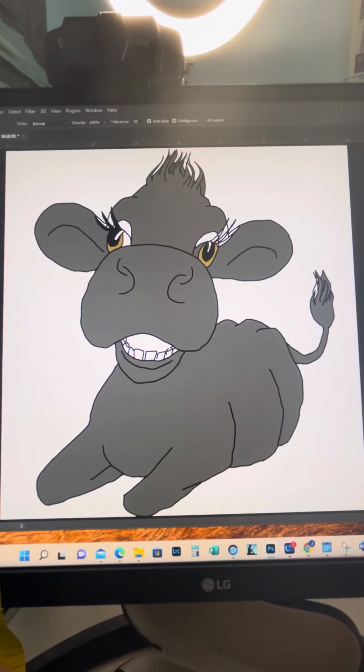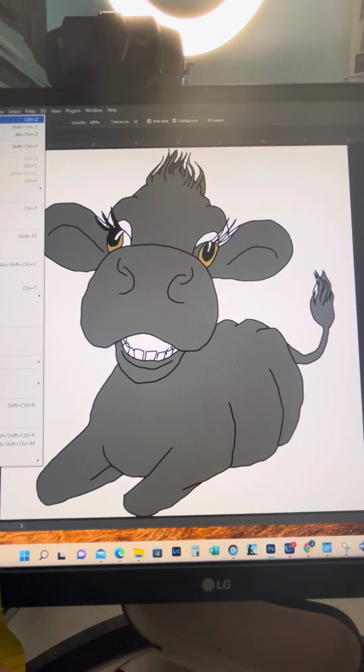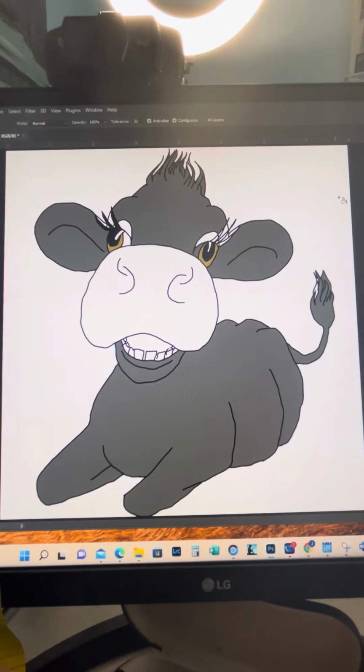And that is just kind of a roughed out start to how my character is looking. Stay tuned, and I'll give you